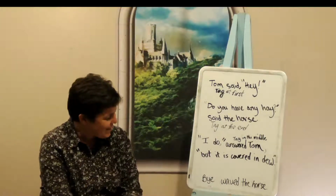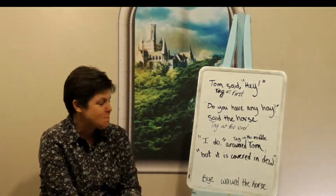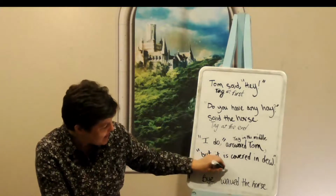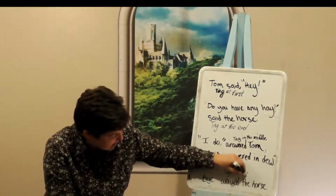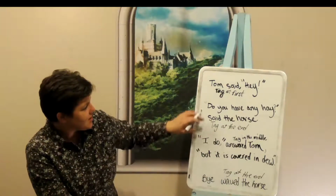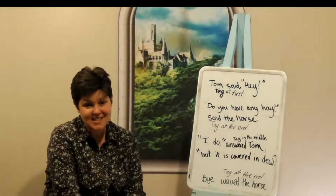Yeah. Okay. What do we need to do? Where's the tag? Yes, waved the horse. So notice that the tag doesn't always need to be said. The tag can be answered, said, waved. The tag could be yelled, yelled Tom. The tag could be sighed the horse. The tag could be